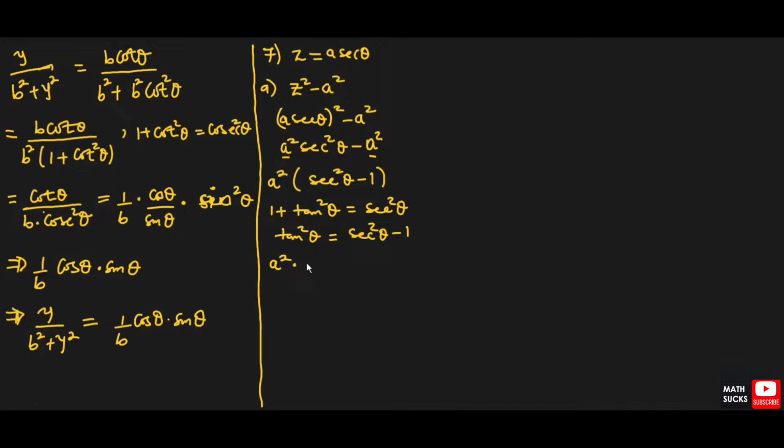This is equivalent to that. So I can go back up and say I have a squared times the bracket, which is equal to tan squared of theta, which can be reduced just to a tan of theta, everything squared. And so this implies that z squared minus a squared is